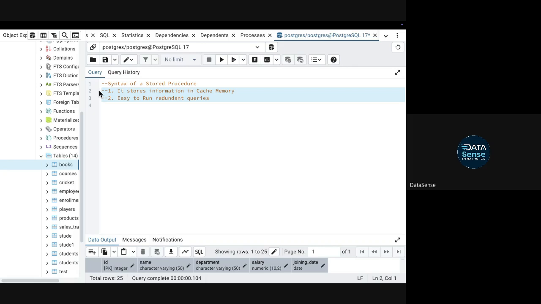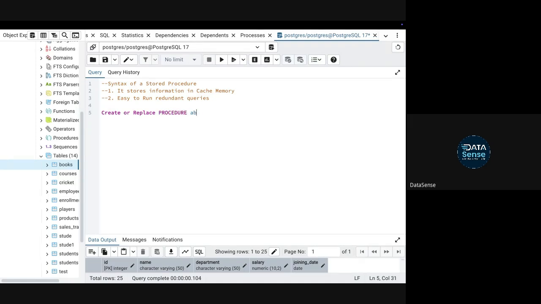Now let's study the syntax of a stored procedure, how the syntax looks, and then we will start executing. So the syntax looks like this. You'll say create or replace, then you write the keyword procedure, and then you have to give a name to that procedure.